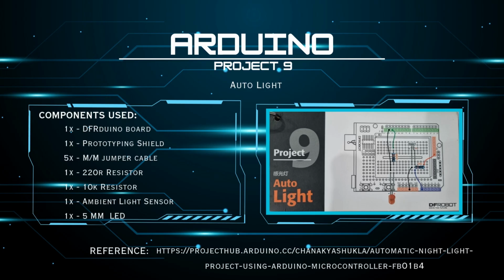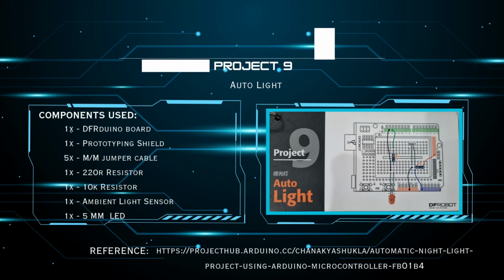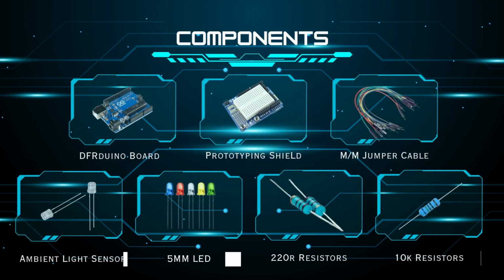We use this concept to create an automatic light system. When it becomes dark, the photodiode triggers the LED to turn on, and when it is bright, the LED turns off automatically. The components we used for this project are: first, Arduino Uno board, the main controller; second, breadboard for